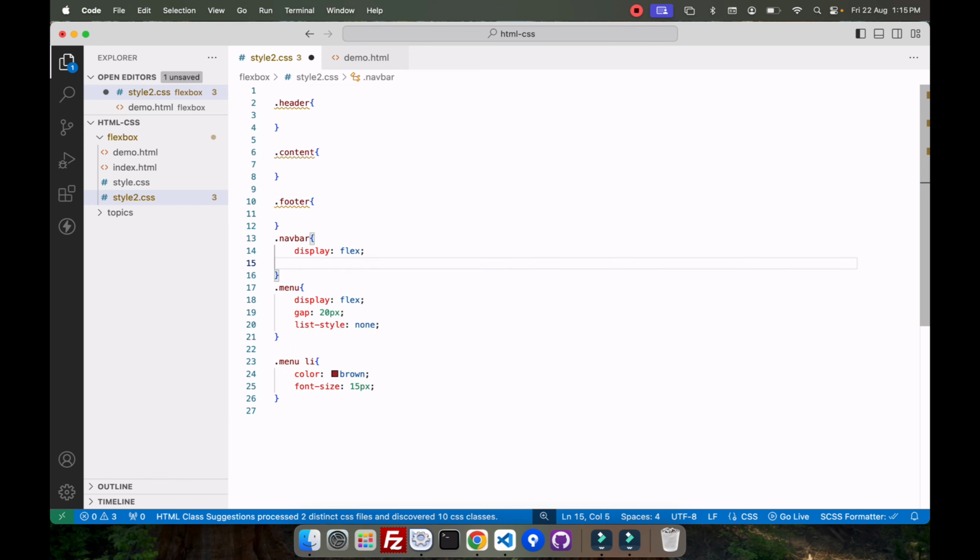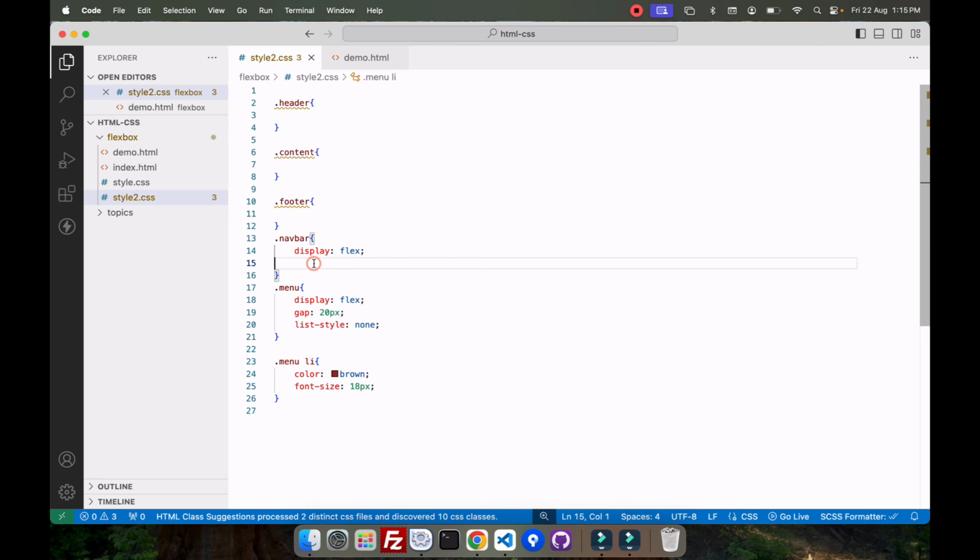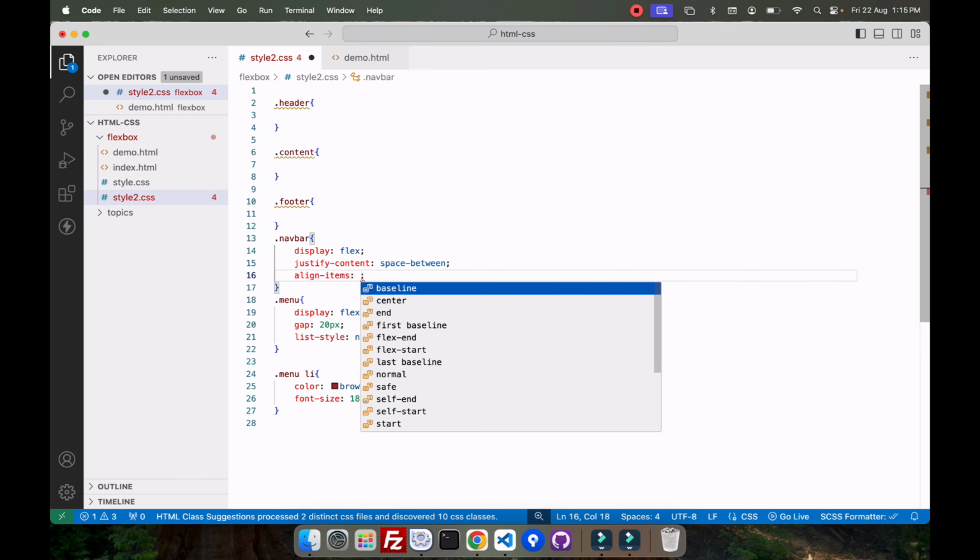Now we will add here to fix alignment. Okay, so let's add here 18 pixel maybe. Okay, now add here justify content center, justify content space between. Okay, and align items center,